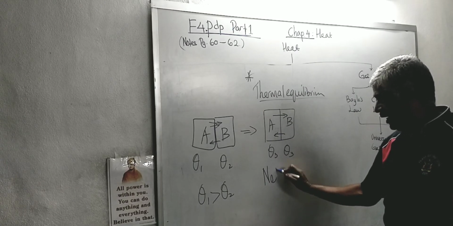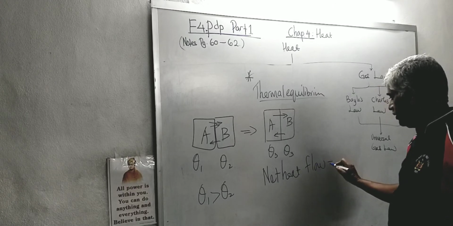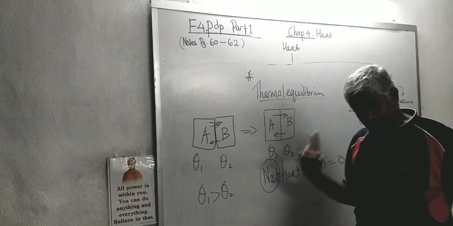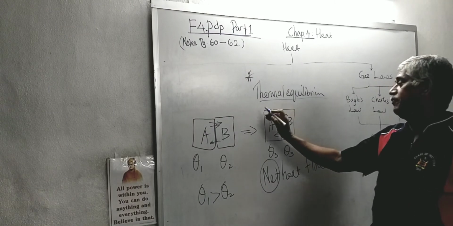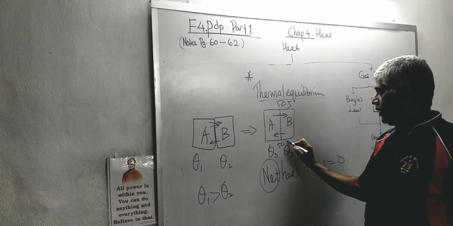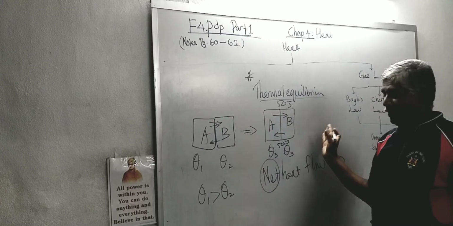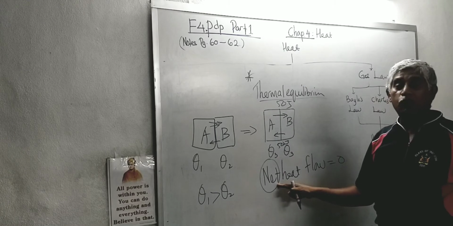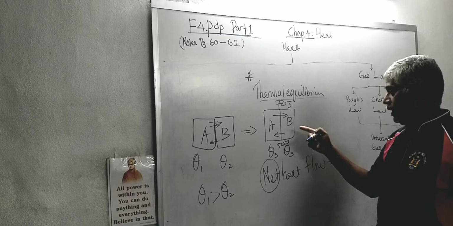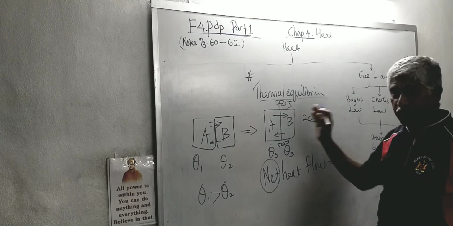So when the objects reach thermal equilibrium, that means the net heat flow, take note that net heat flow is equal to 0. Net. That means, is the heat flowing? Yes, heat is flowing. That means maybe 50 joules of energy going here and 50 joules of energy going there. So when the same amount of energy goes from here to there, that means there is no more net heat flow. If initially here it is moving 70 joules and here is going 20 joules, that means a net of 50 joules is flowing here.